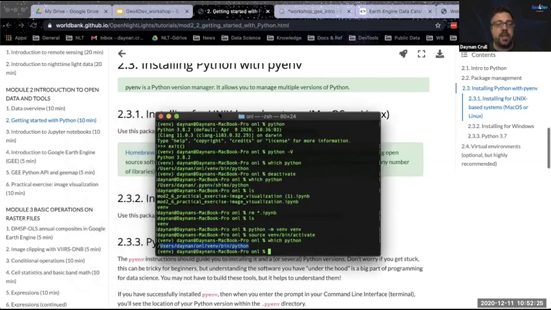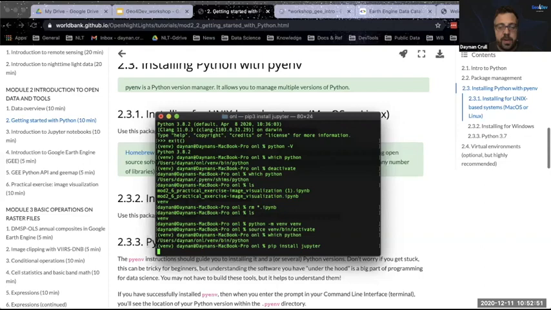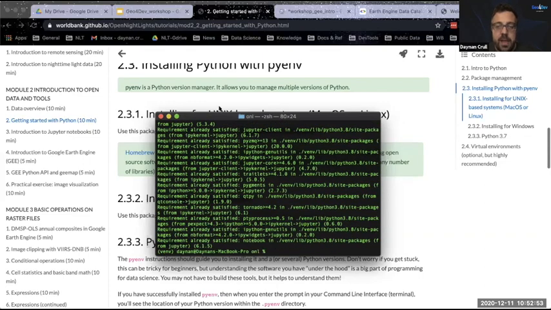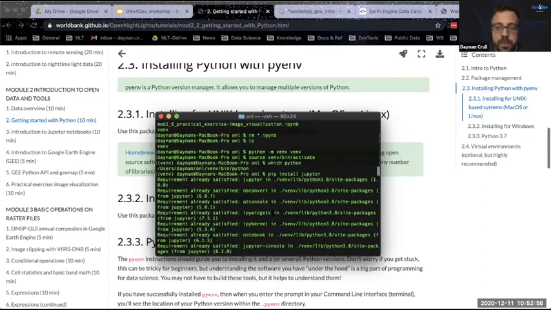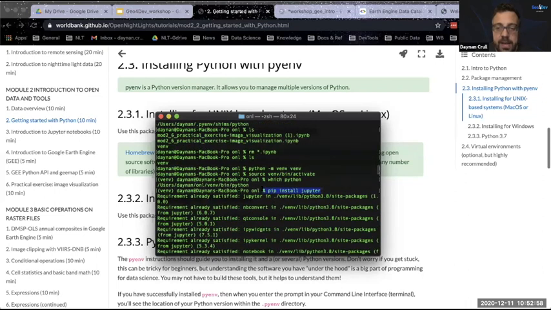I just mentioned that one of the advantages of Python is you can have access to a whole bunch of libraries. And pip is the Python package installer that allows you to install things. So if you have Python installed, you have pip installed. And with pip, you can now install other packages. Let's install Jupyter. It should already be installed here, but I'll show you that's as much as we have to do. When you write pip install jupyter, now I have the Jupyter package, which allows me to open notebooks.